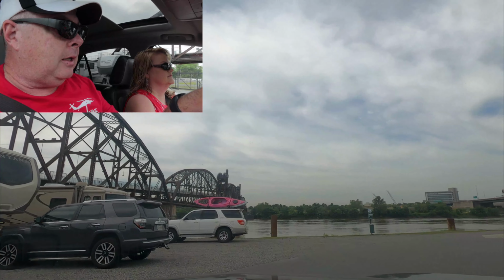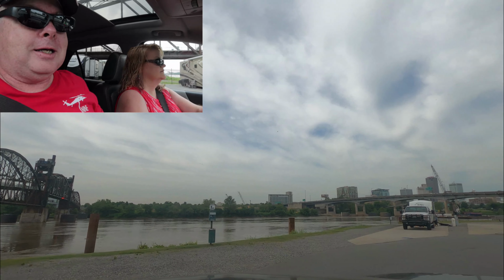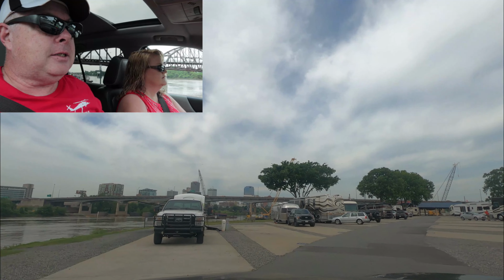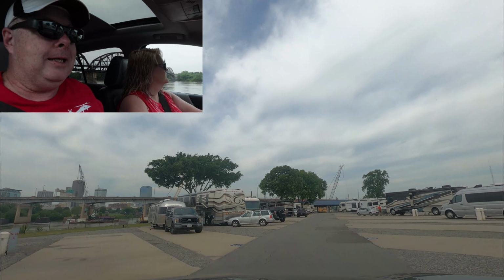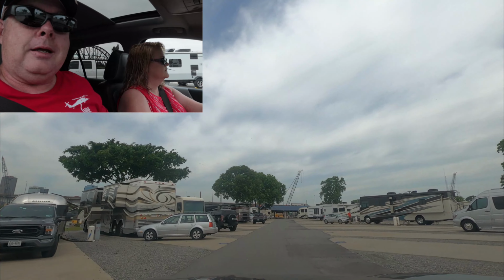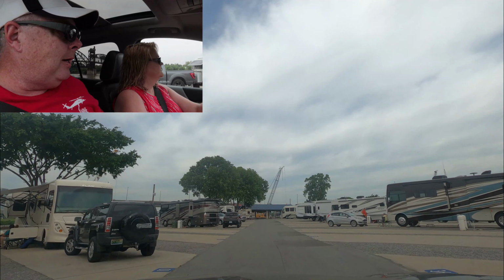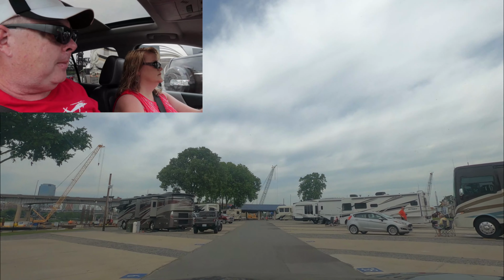Now this RV here on the end where the pink kayak is, there used to be another spot on the other side of that. So it was 62 spots, but erosion took care of that one. So these spots here are actually some back ends and what you would call pull ends. Like you can see this beautiful Prevost here on the left. He just pulled right in. That way, if you've got a drivable RV, you can just sit there and look at what used to be a great view of the river and the cityscape, but it's kind of screwed up now because of all the